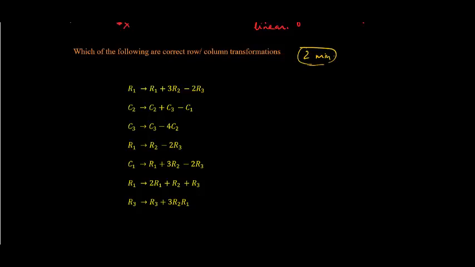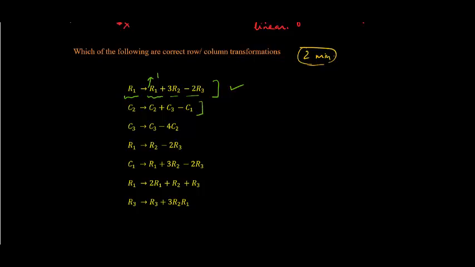So let's start with the first one. You're given this transformation, right? So this is a valid transformation. This is correct because I am transforming R1, and then you have R1 on the right side, and also the coefficient of R1 is 1. So this is a valid transformation, and the remaining rows are linear. They are not multiplied together and added or subtracted. So this is a valid transformation.